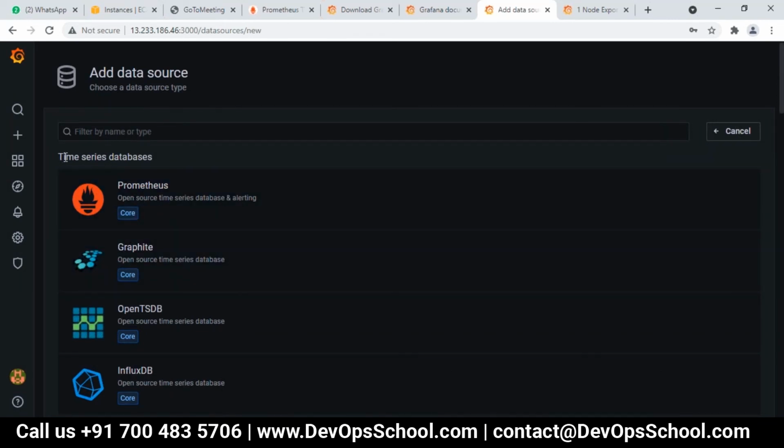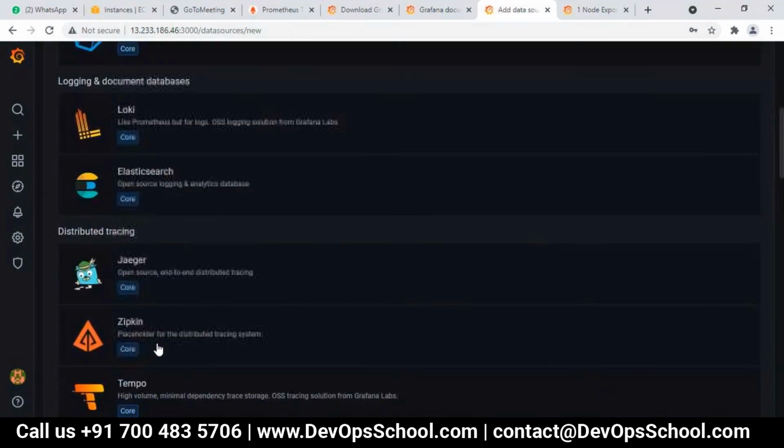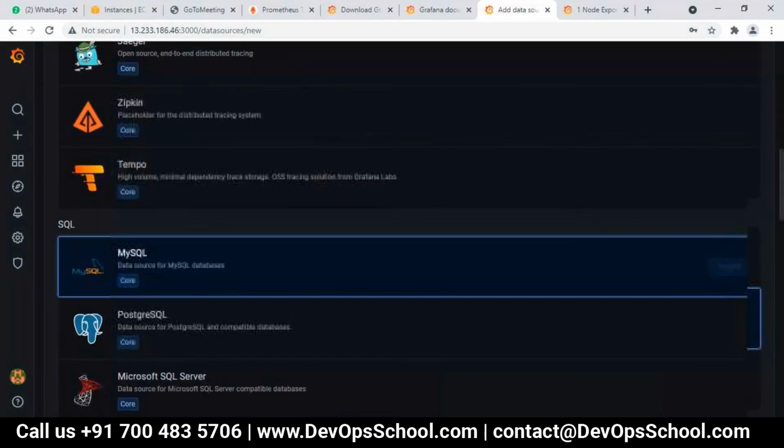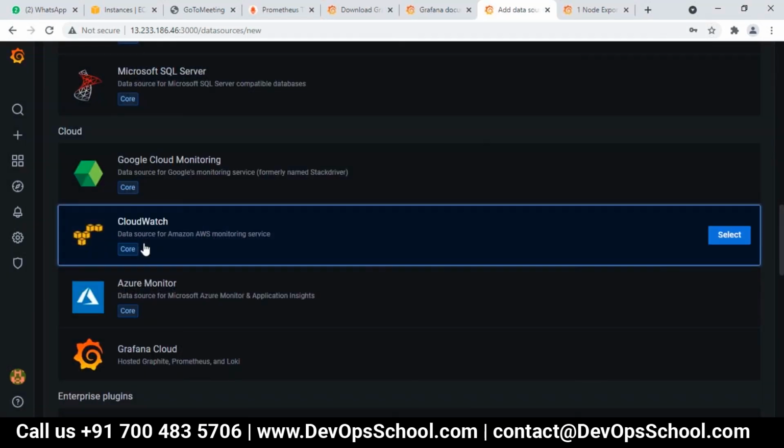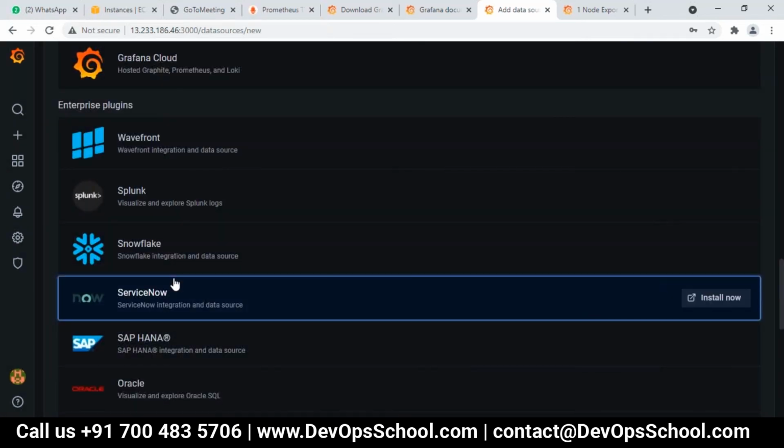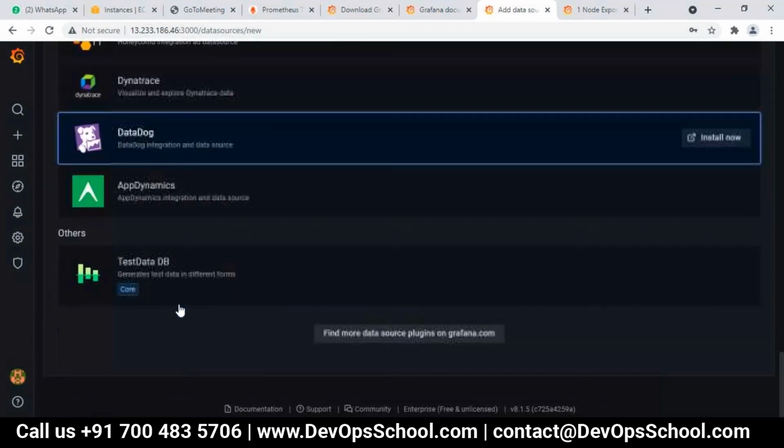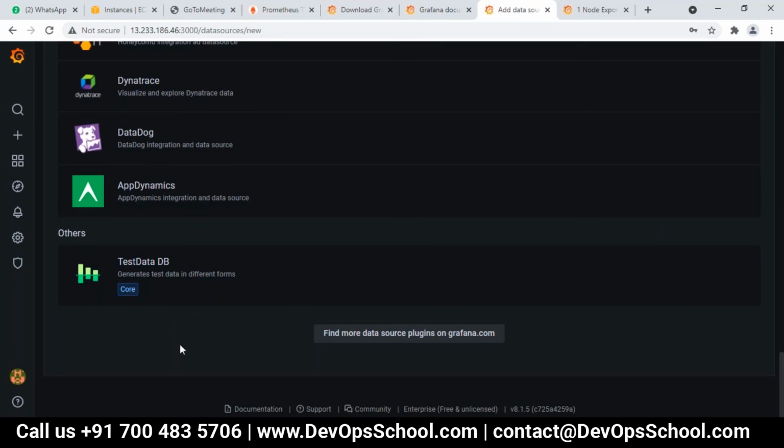So it will show you the list of data sources, like time series databases, distributed ones, these types. It will show you a list of sources which you can use to get the data and create a dashboard through Grafana. As you can see, there are n number of resources. Find more data source plugins on grafana.com.